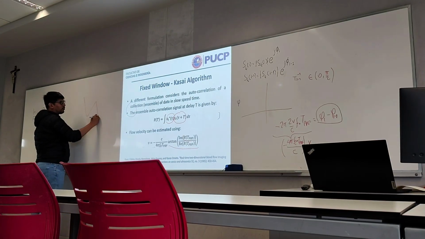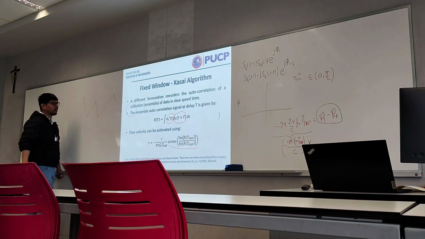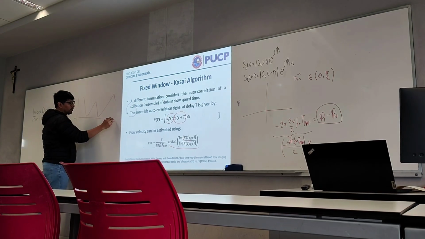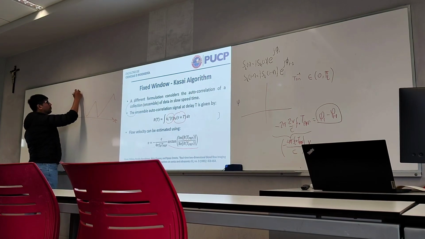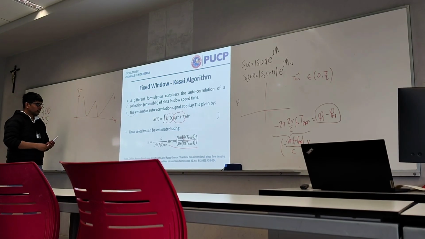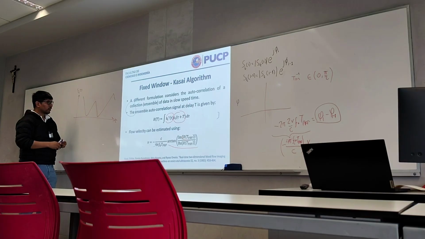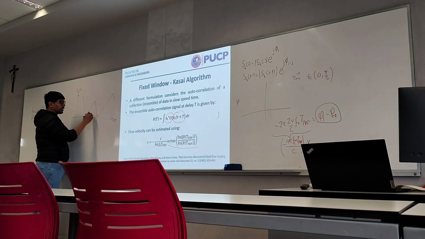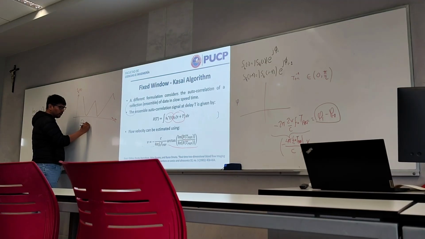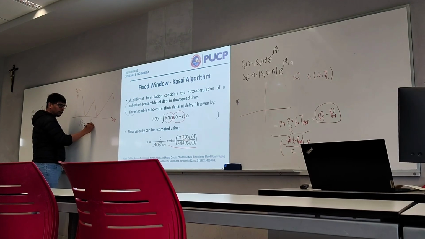Remember, it can have some oscillations like this, right? We can plot that slow time signal versus tau, in the tau domain. Some slow time signal. And for that slow time signal, we can calculate the autocorrelation, this function in the tau domain, as